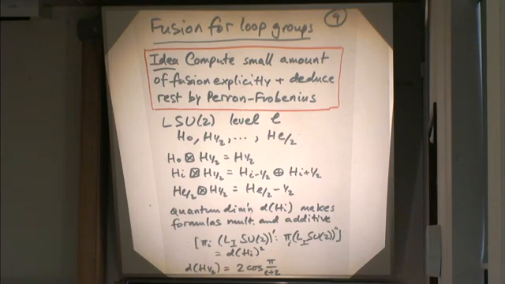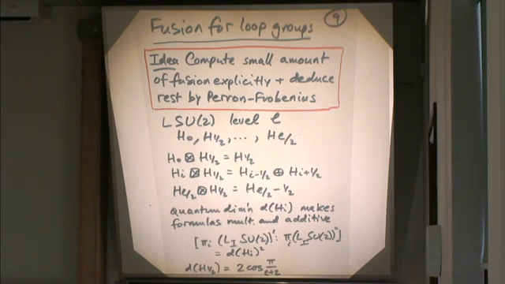So here, I'll tell you how you get the representations in a minute. For loop groups of SU2 at level L, an integer greater than or equal to 1, you have this finite set of positive energy irreducible representations and the tensor product rules. So it's a truncation of the list of irreducible representations of SU2. So you're only allowed spins up to L over 2. And then you have these truncated fusion rules. These first two are the same as the classical ones. And only here, where you don't have something new to go to, do you just truncate. And that's that.